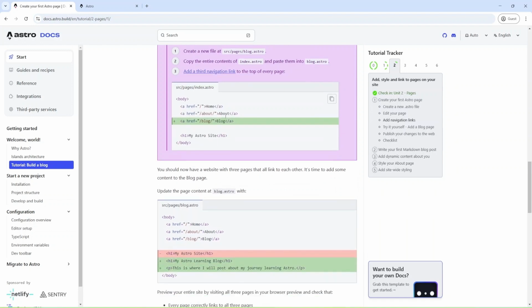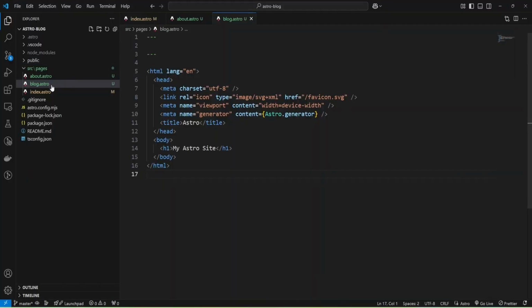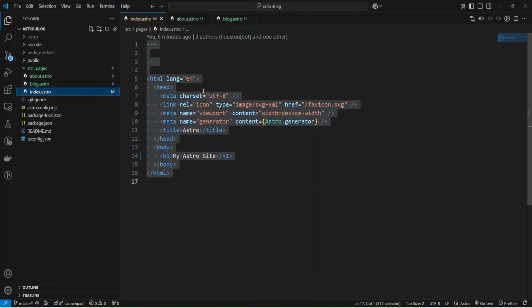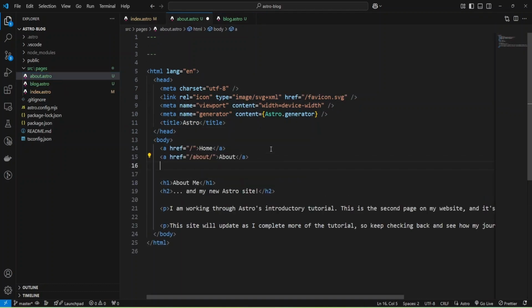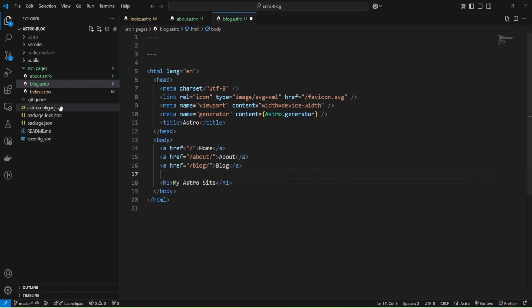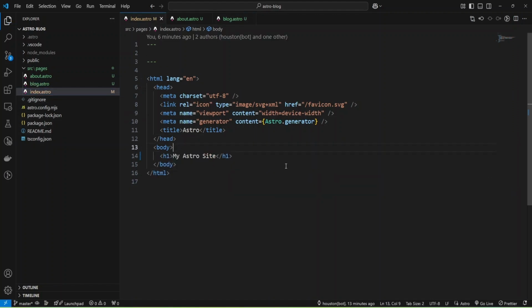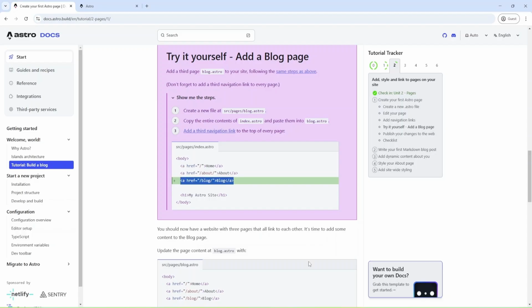Okay, and they propose to change index. Okay, let's do it inside my index. And I can add navigation also to blog. Let's add it here. Save. And let's add it to index. And let's check what I have so far.